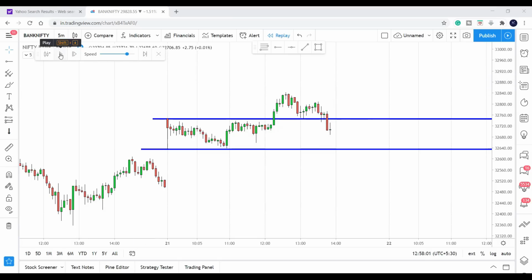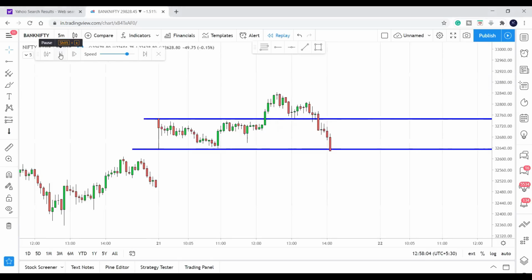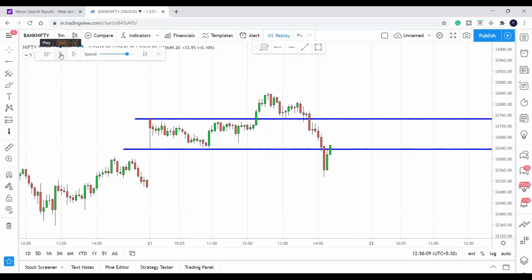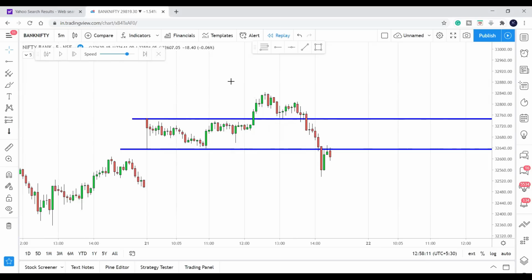Even if it works 50% of the time, you can make money in trading because of the simple concept called risk reward. Now look at this. What happened? First time it broke from here, you took the entry, your stop loss hit, and you exited the trade. Second time it came near the support. First time the resistance broke and the trade failed. Second time it broke the support. So this becomes your breakout line. This is the second breakout line on 21st of January.